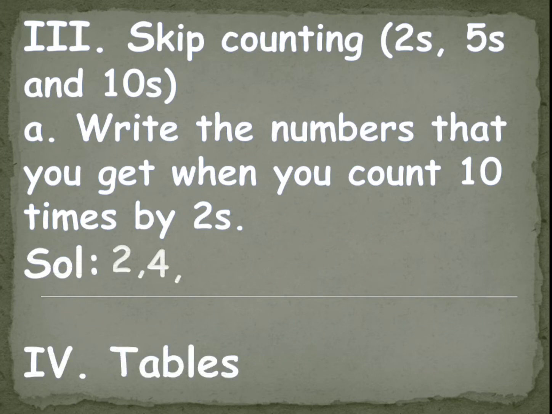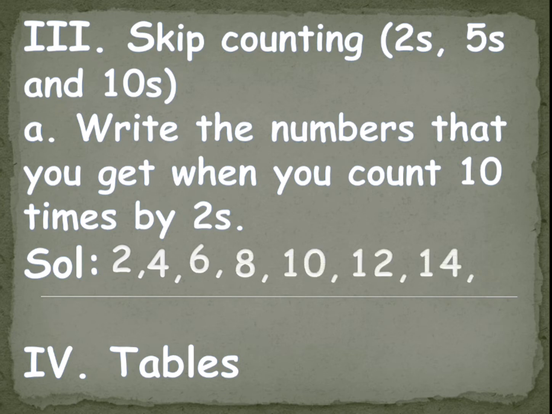So first would be 2, 4, 6, 8, 10, 12. Open your 2 fingers, count and write. So we have written till 12. Open your 2 fingers. 14, no? 15, 16. So write 16. Again, 17, 18. 18. So how many you have written? 1, 2, 3, 4, 5, 6, 7, 8, 9 times you have written. You have to write one more time, 10th time. So 20. So in this way, you need to write the skip counting for any given number.